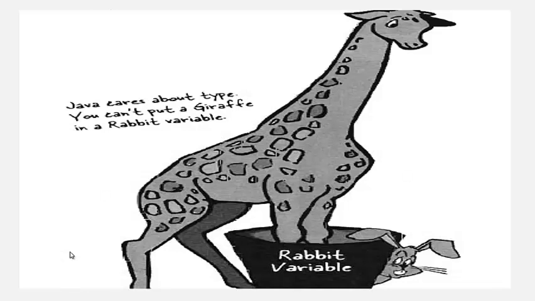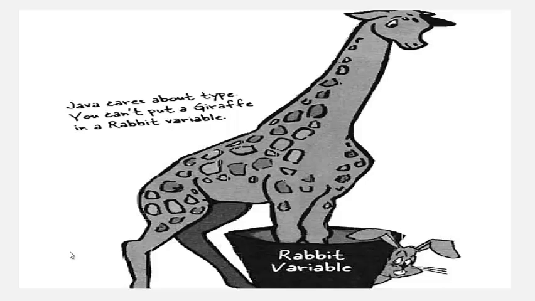This is a very good example. There is a container for a giraffe and there is a container for a rabbit. If you want to put a rabbit in a giraffe container, you can do it. Since a rabbit has a small size and the giraffe container has a big size, you can put a small rabbit in a big giraffe container. Similarly, you can put a smaller size byte into a short. Short has a bigger size, so you can put it into that.